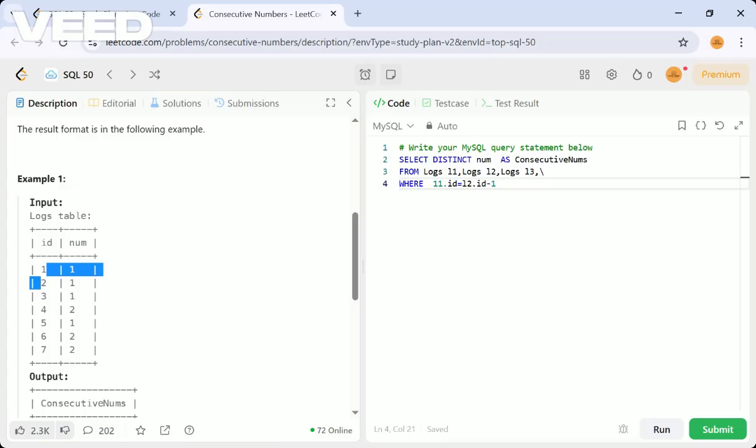So like that we have to check the condition: L2 dot ID minus 1 is equal to L1 dot ID. You understood this logic, right?